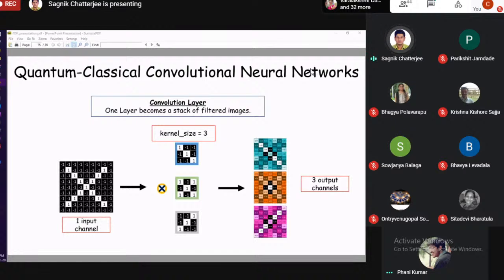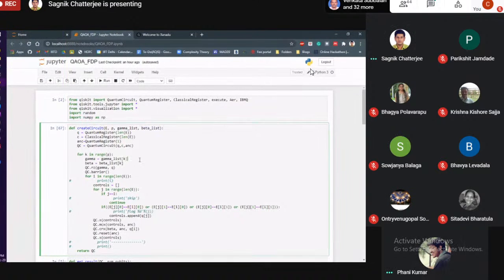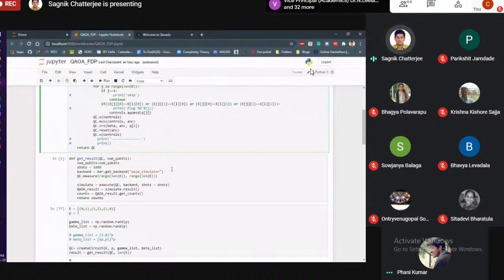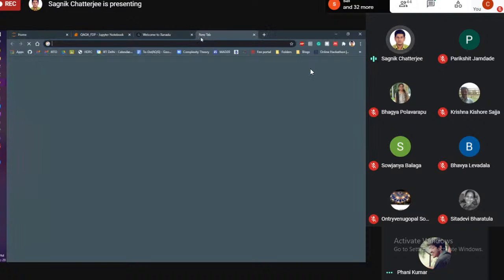So you saw previously in the code that I wrote. Were you there for the earlier session? Yes, sir. Is the code visible now on the computer? Yes. So this line that we have, this backend that we are assigning, this backend is actually going and running on actual quantum computers. In this case, I am running it in a simulator since I needed to do it fast for everyone to see. When you are doing your calculations on a CPU based system or a GPU based system, it's happening locally. Instead of that, we are sending the jobs to